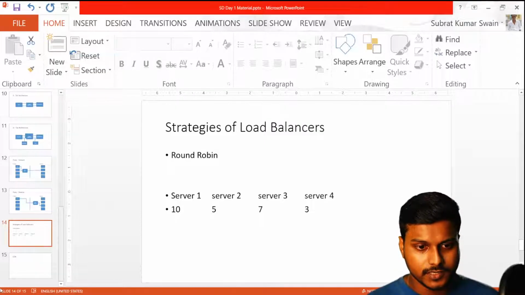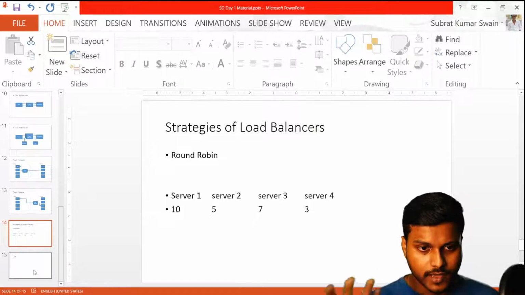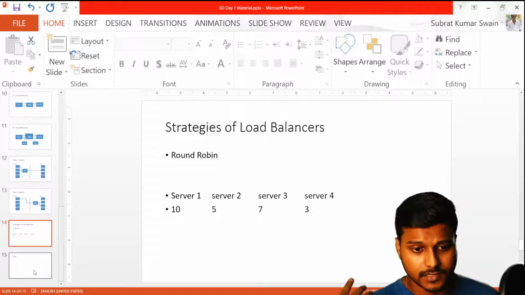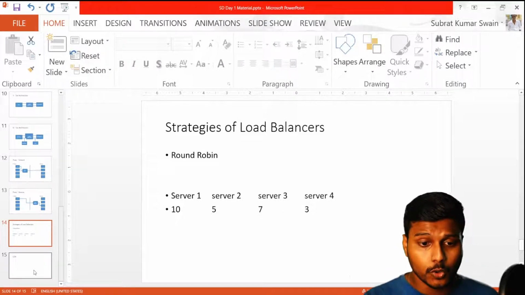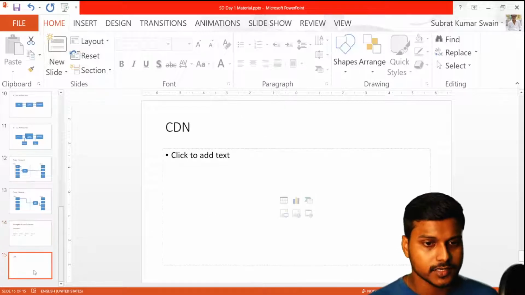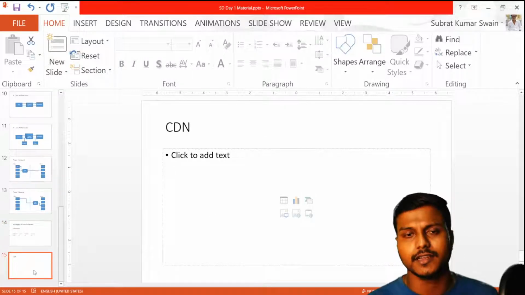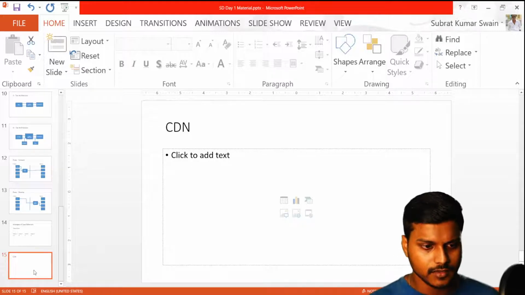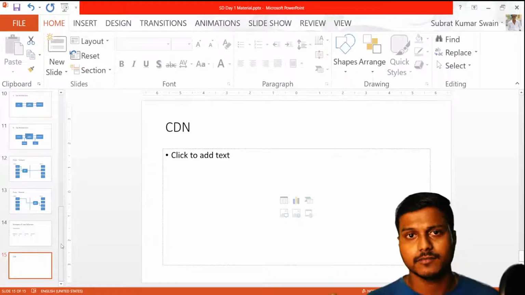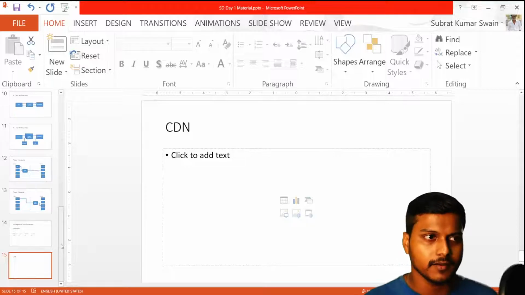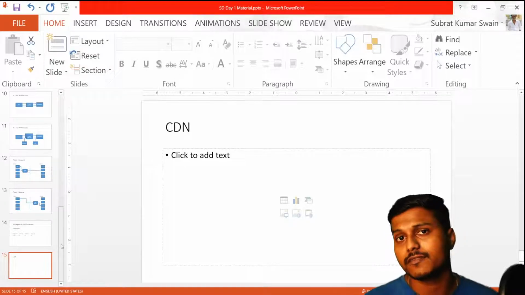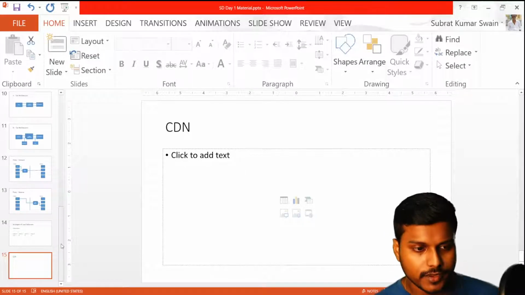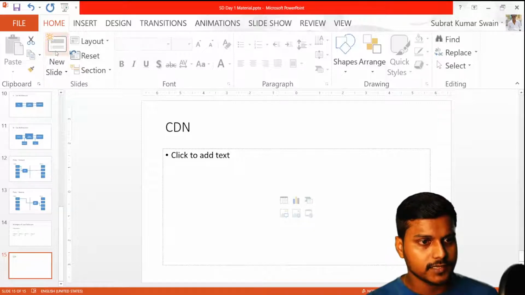Yep, so this is the thing which we were discussing: load balancer strategies, round robin we discussed, and also the load based strategy we discussed, and we discussed CDN, the content delivery network. And we now know what CDN does actually. It makes the static resources available to all the people around the globe, right? So yeah, let's go to